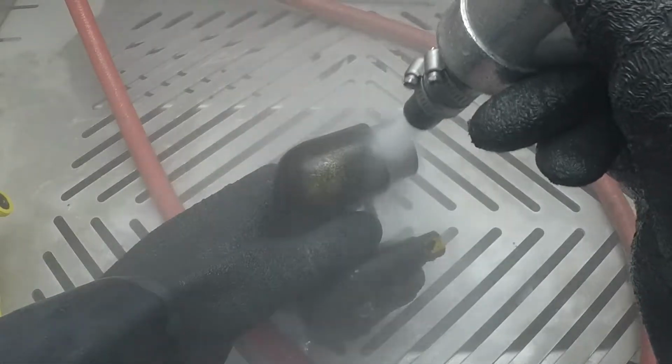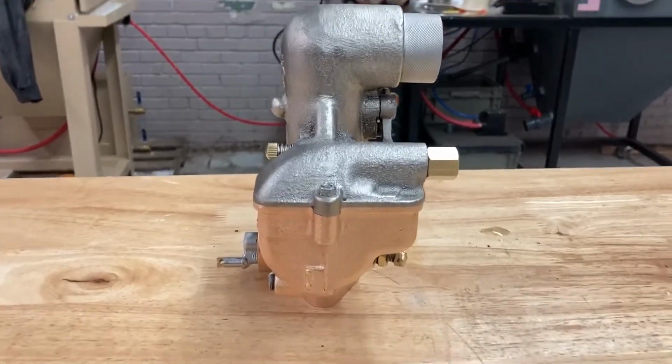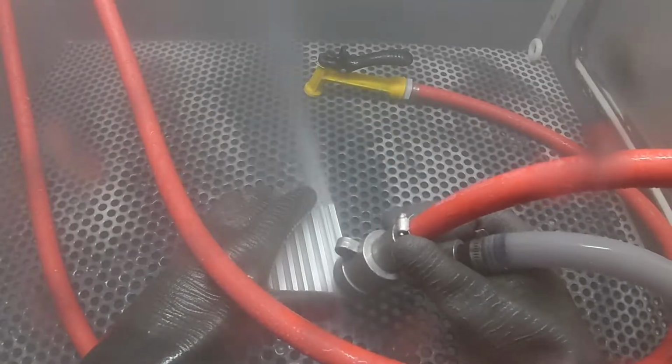Obviously, dry blasted surfaces are more open and more porous in nature than a vapor honed surface. So vapor honed surfaces are more stain resistant, and being more stain resistant means they're smoother as well than a dry blasting surface. All right, the next point we're going to make is